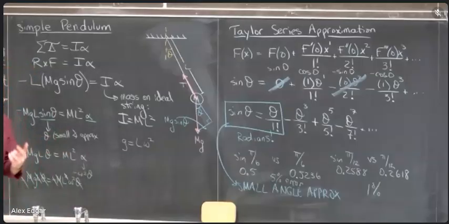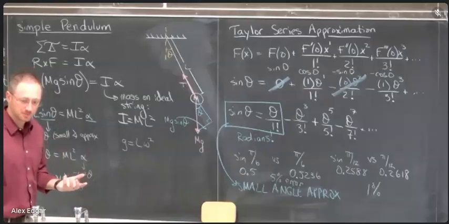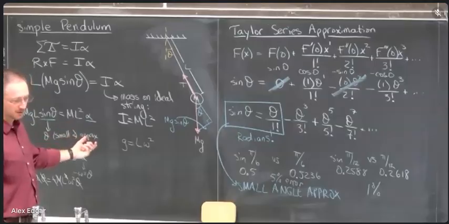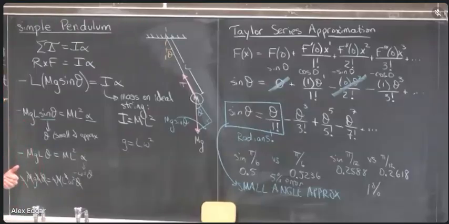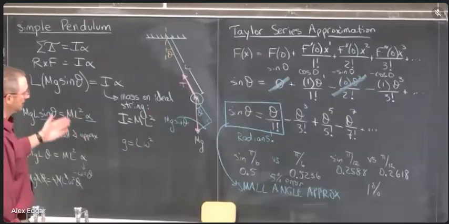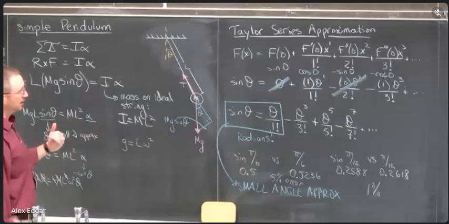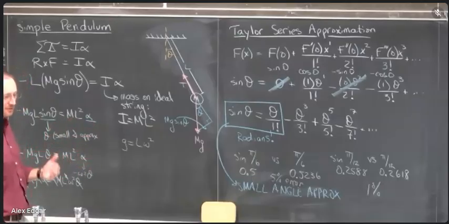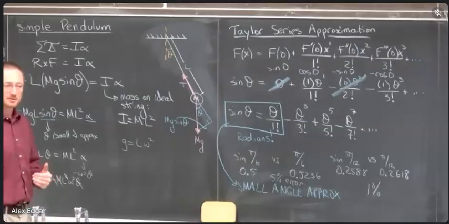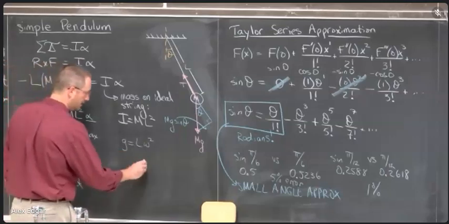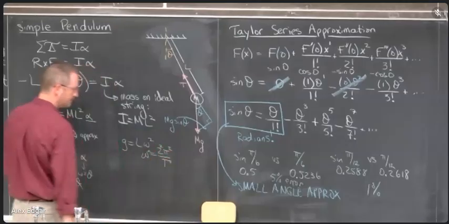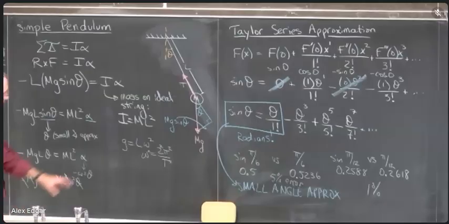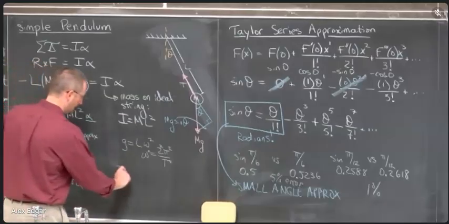Remember, as we discussed before, in our definitions of simple harmonic terms, omega squared, the angular frequency, is related to the period. And what I said at the beginning of the video is that I want to end up with an equation for the period of motion of the simple pendulum as it swings back and forth. All of our analysis in simple harmonic motion is to look for an equation that we can use to analyze the motion for things we measure with a meter stick and a stopwatch. And this guy is going to be 2 pi over T, and we have to square everything. But then at the end, we're going to take the square root. So substituting those in and taking the square root,